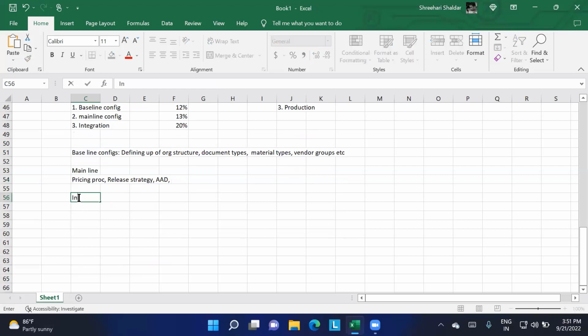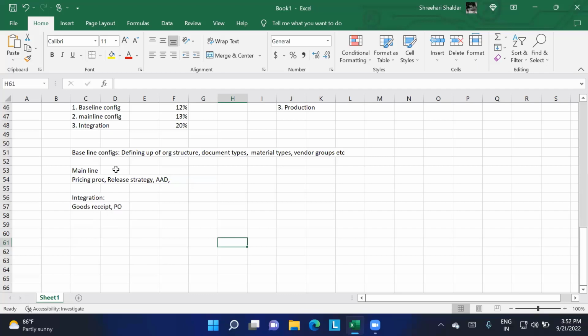And what do you mean by integration? In integration, we get things like goods receipt. Let us consider the purchase order, PO. What are the different things you need? While doing the purchase order, you need the vendor and the material, meaning the master data has to be maintained: material master, vendor master. After that, you need your plant, purchasing organization, and company code data. So everything should be involved in the PO.